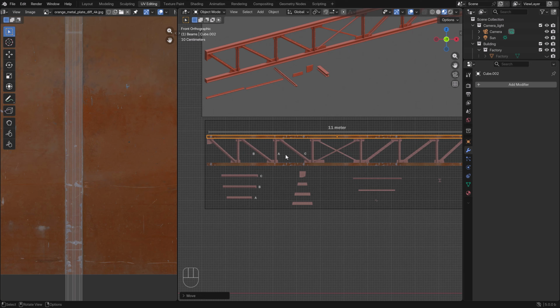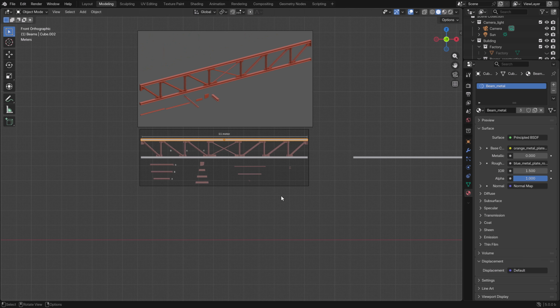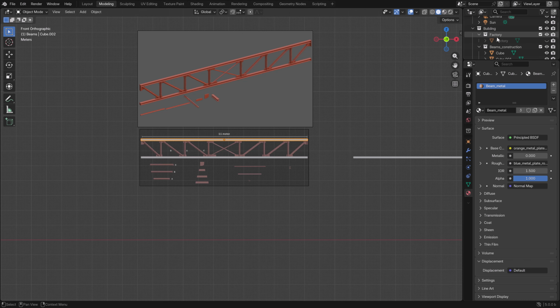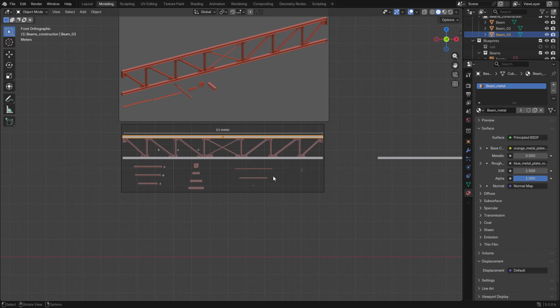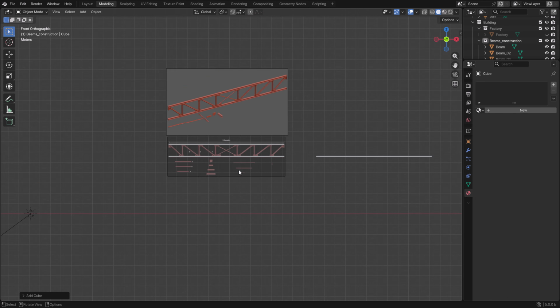And we are in the UV editing. And I like to continue with another part. So I like to go back to modeling, and we're going to add a new cube. So I like to select this, and we have to call this beam, otherwise we get a lot of beams. So naming is very key. So we need to be in the beam construction, and we'll go to add, mesh, and cube, and we're dragging